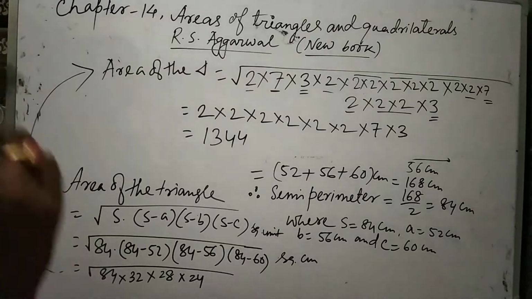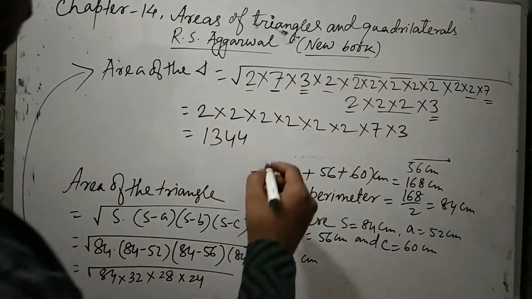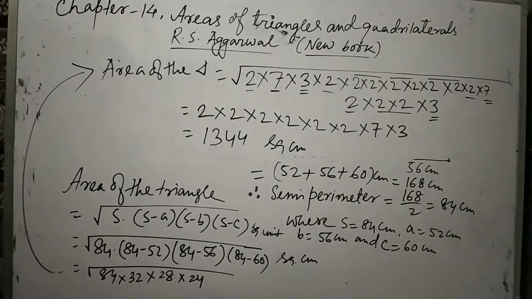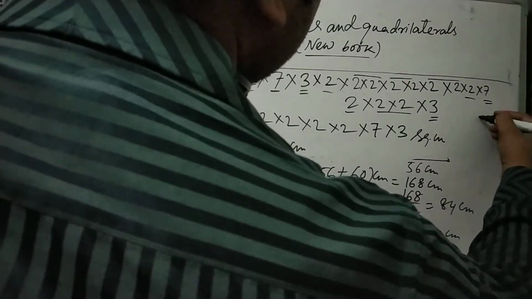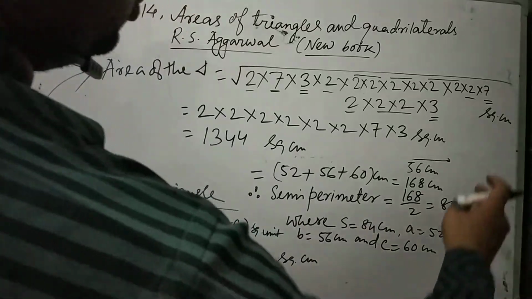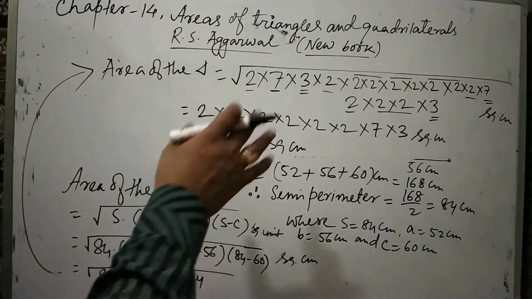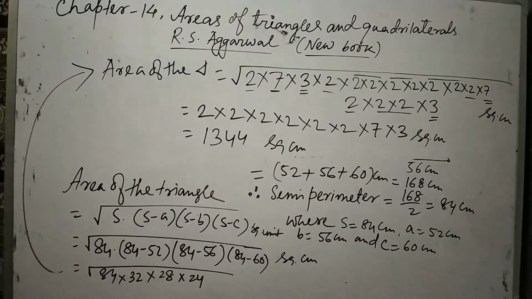Now, if we do the sum like this and do not write down the square centimeter unit, then marks may be deducted. So here also you have to write down square centimeter. Square centimeter must be outside the square root sign. Okay? So this is your answer. Very easy sum. In our next class, we will be doing a few more sums. Then the concept will be much more clear.